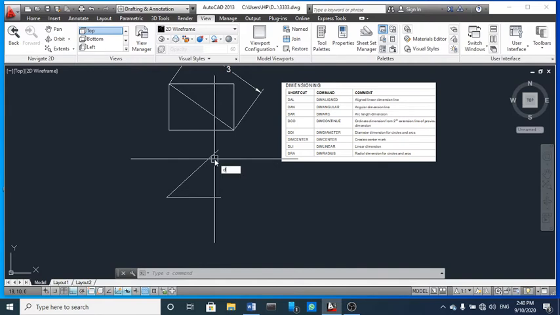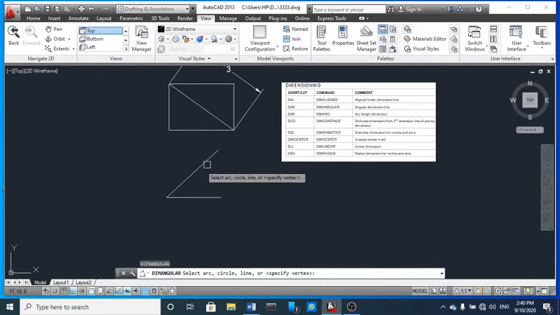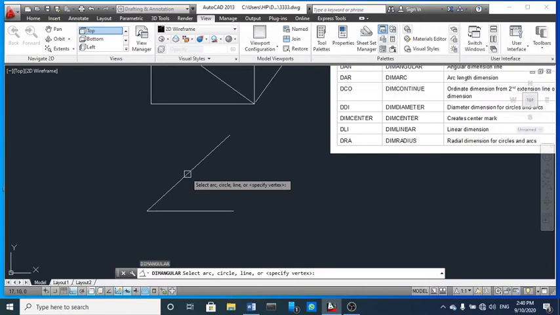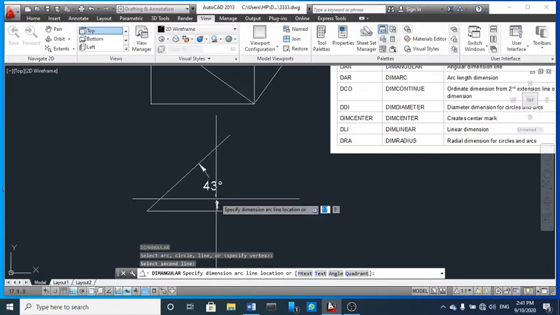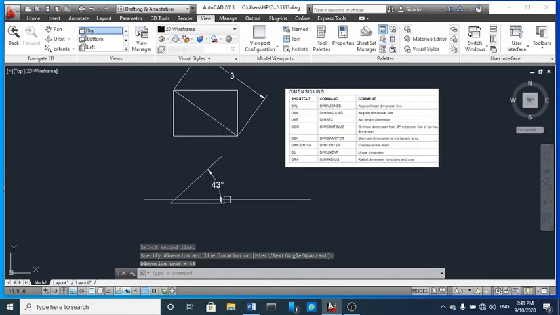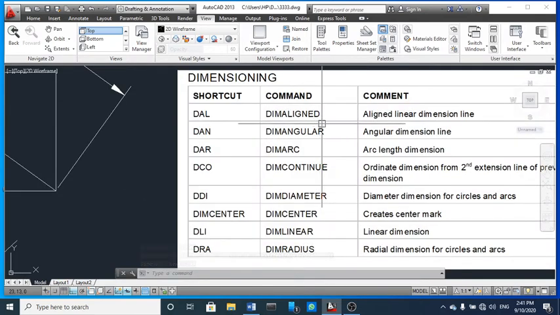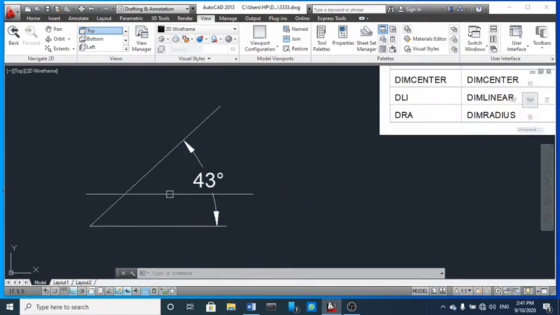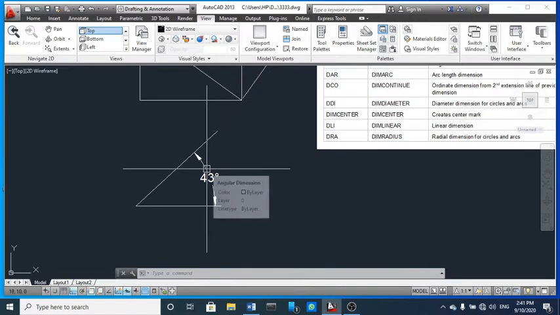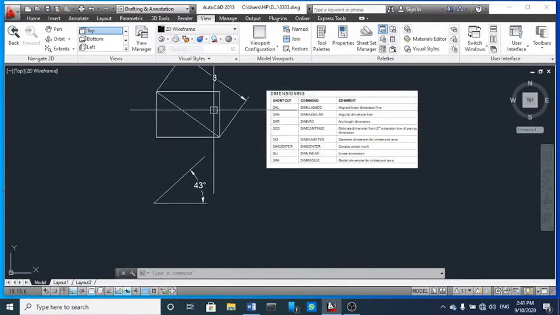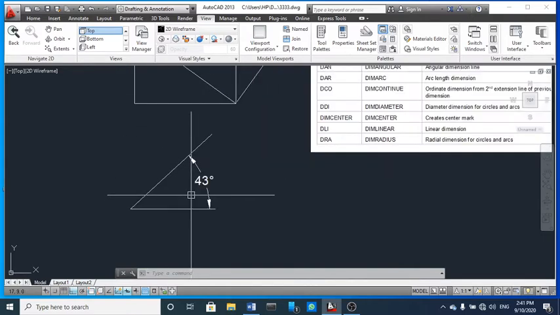Now click on the first line and then the second, and you can see here it is 43 degrees between these two lines. So for dimension angular, you type DAN and you can get it easily. I hope you can easily learn these two, dim align and dim angular commands.